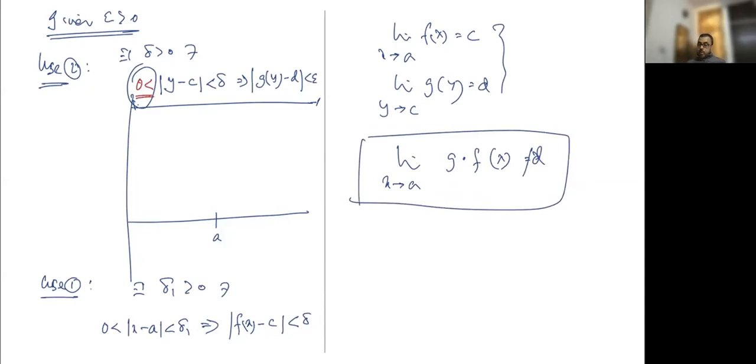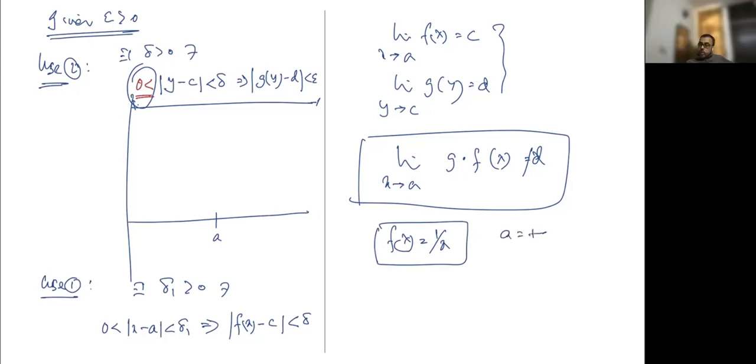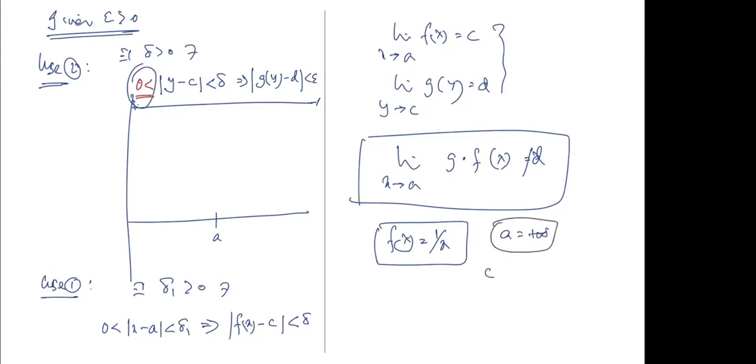So what can give us a counterexample? Let's take f(x) to be 1 by x and a to be plus infinity. So c will be 0. And then define